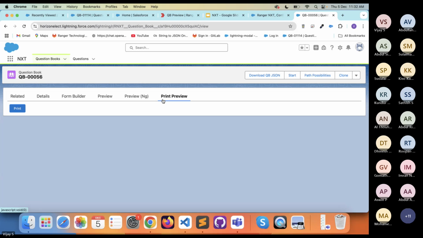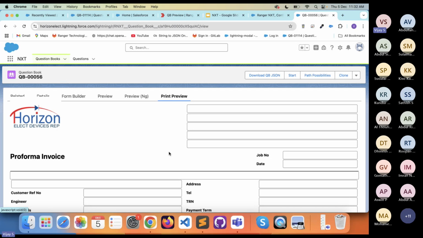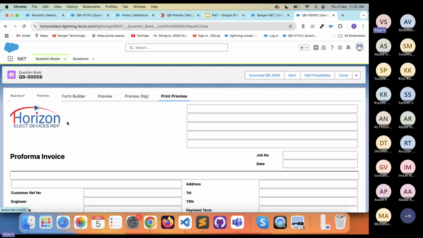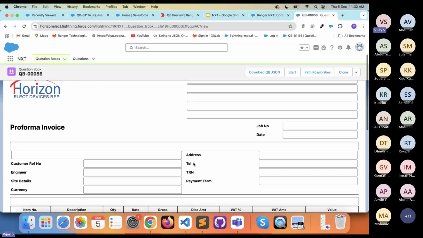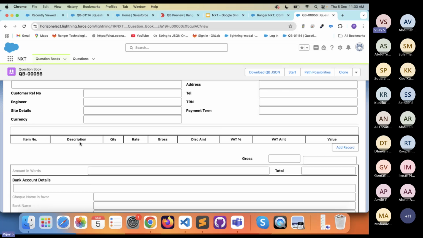Here, this is the skeleton of the PDF which we implemented using the NXT. Based on the question type, we can build the skeleton for the invoice. Here I'm using one image type question. Here I have called one book to store the form information. This is the label type question, which is also one question book with 2 questions. Likewise, I am using the table question to store the